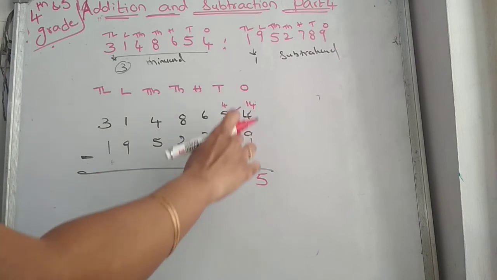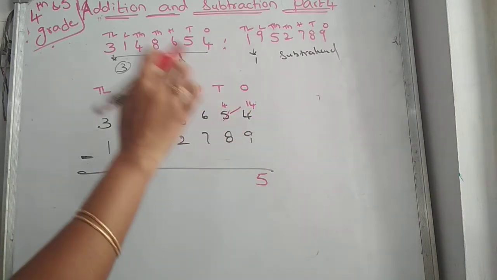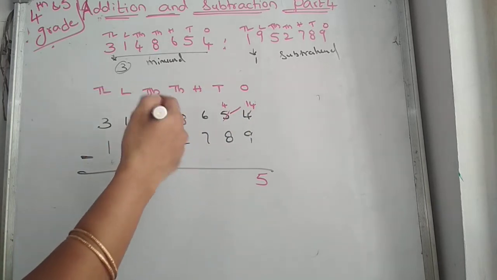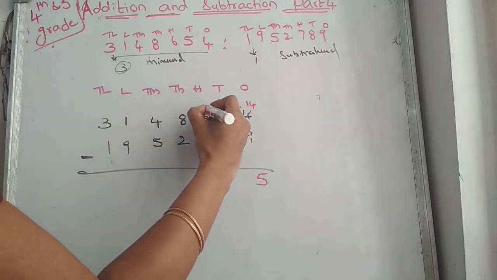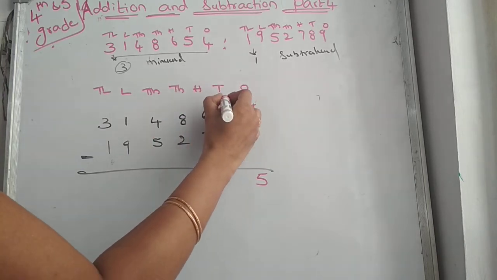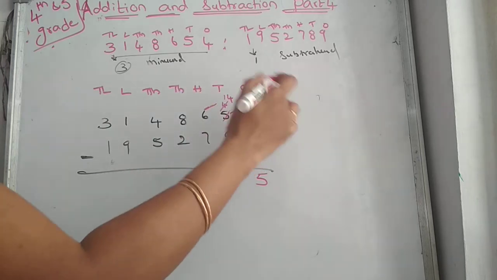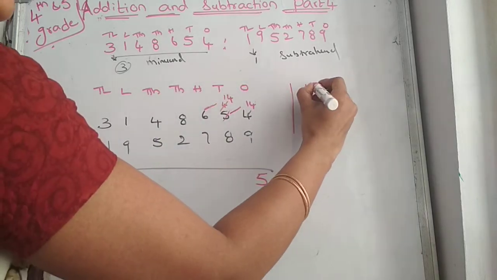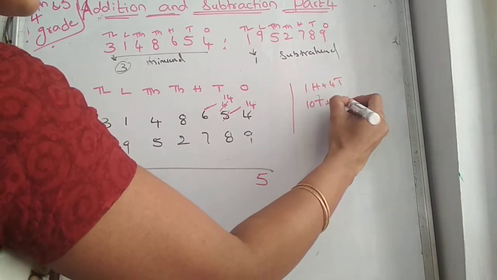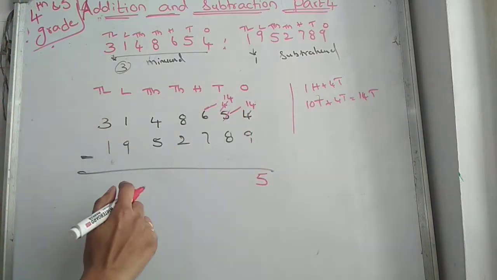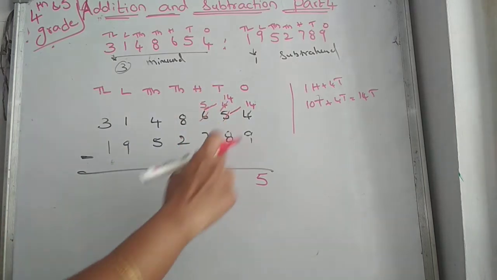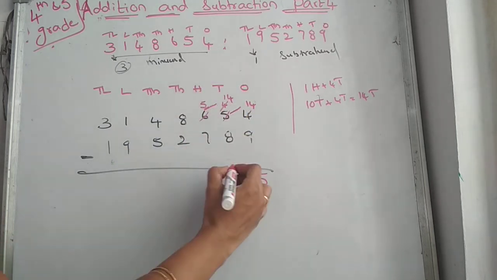Then here 4, and here 8 in the tens place. What happened here? Again 4 is small compared to 8. So again we will do borrowing. From the hundreds place we borrow 100 to the tens place. The number goes to 14, because I already explained: 100 plus 4 tens, so 10 tens plus 4 tens equals 14 tens. 1 will decrease here, so the number will be 5 here. So 14 minus 8 is 6.